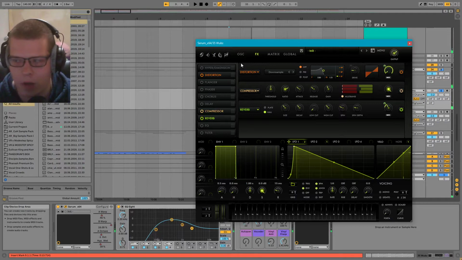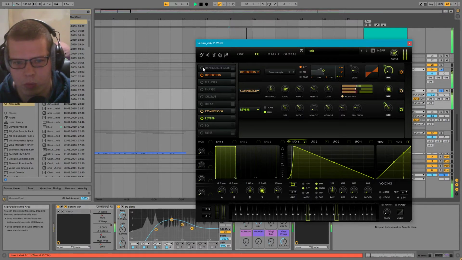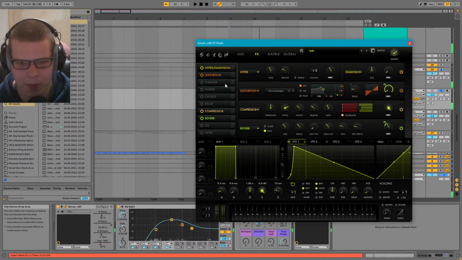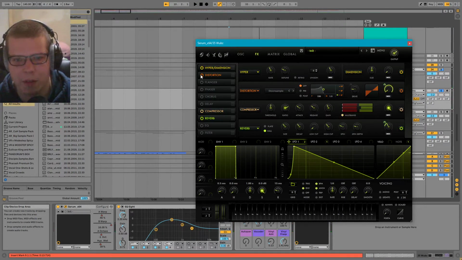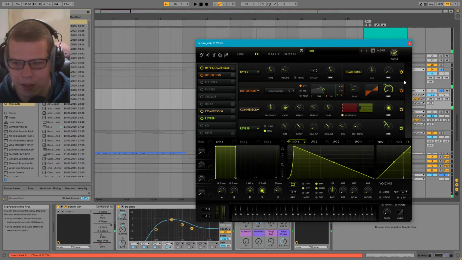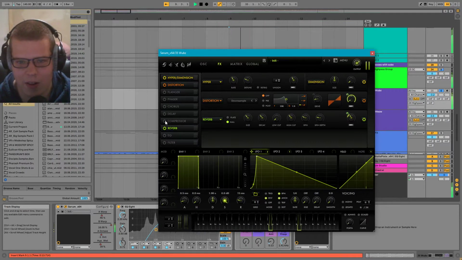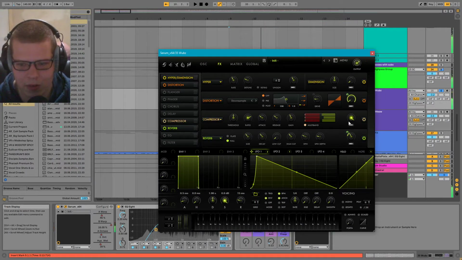Hyperdimension is doing quite a bit on this one. That's pretty much making the sound. Well, that plus the FM. And the distortion. Okay, there's a lot that's actually going into this sound. Wow.